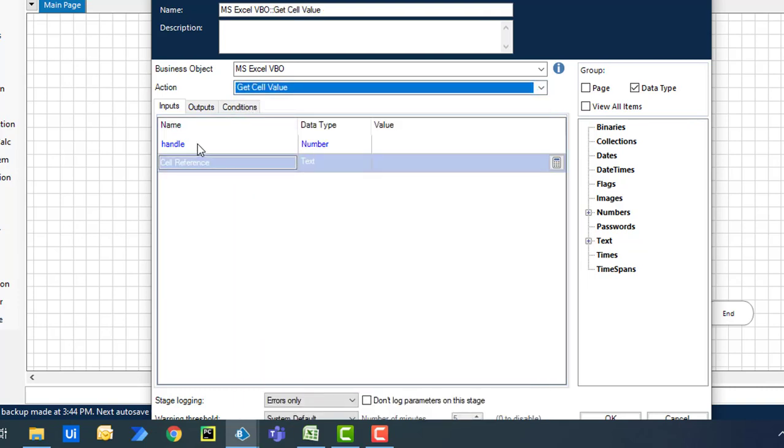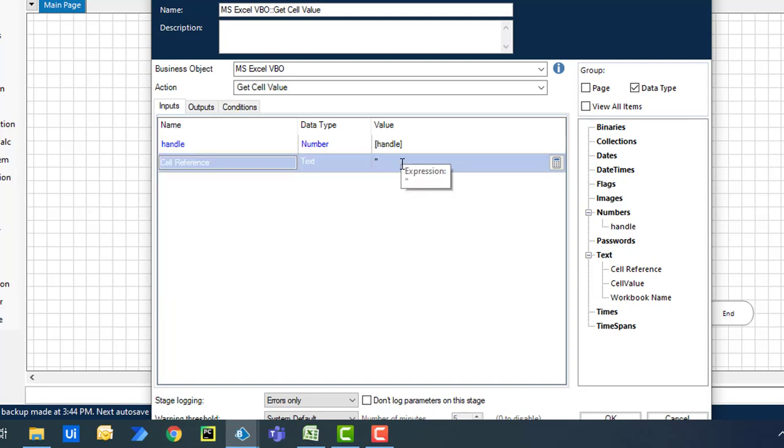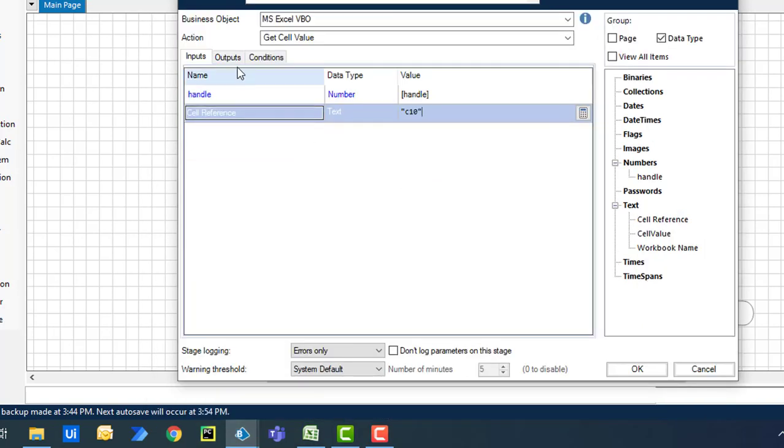Over here you can see the inputs, handle and cell reference. So the cell reference is the additional input which we are going to give, right? I'm going to give the handle as the handle value, and this cell reference I'm going to give as C10, and then we'll go for the outputs.